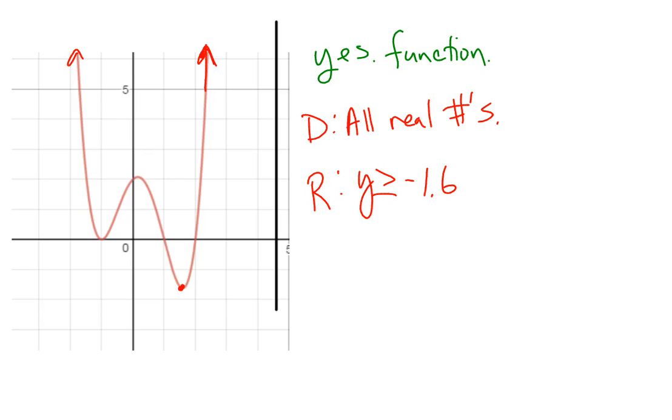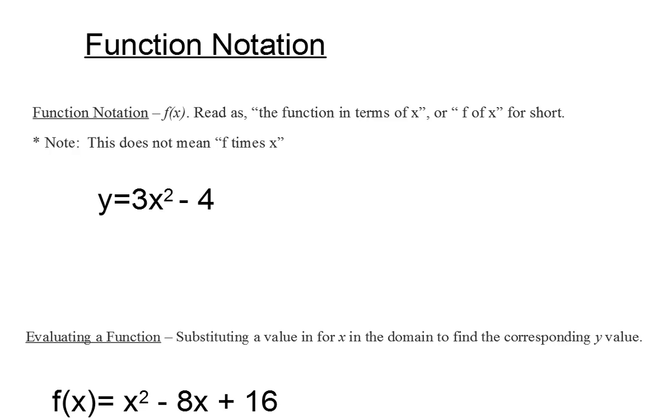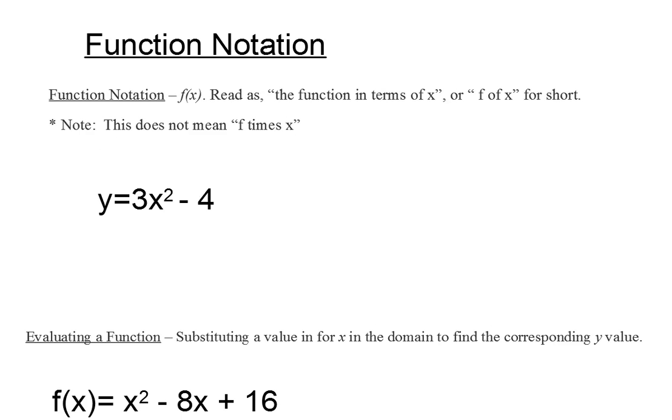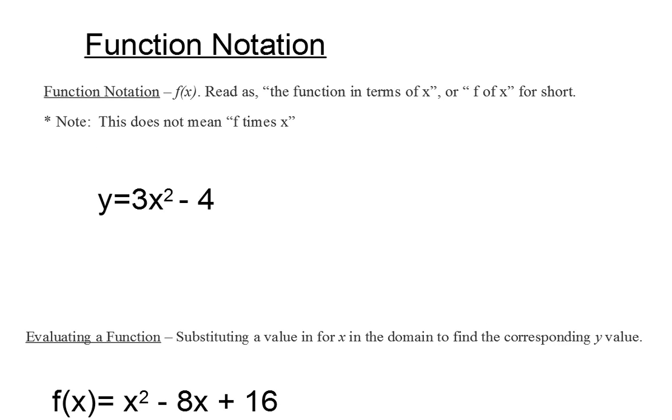Okay? The last idea. The last idea of the day is function notation. Function notation is just another way of writing an equation. Instead of the letter y, we use the phrase f of x, or the function of x. So I can rewrite this y equals 3x squared minus 4 as just f of